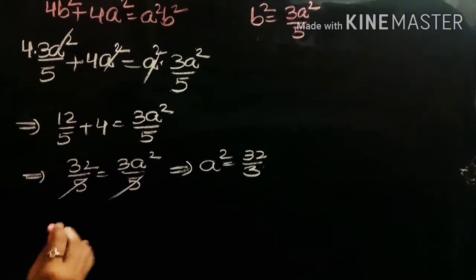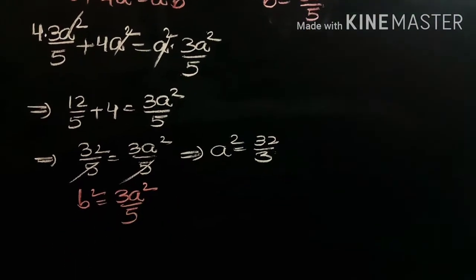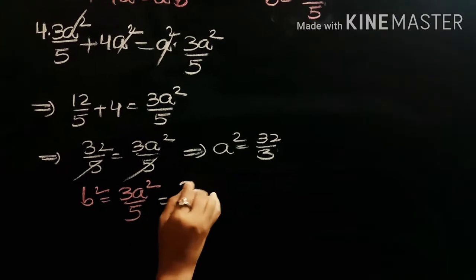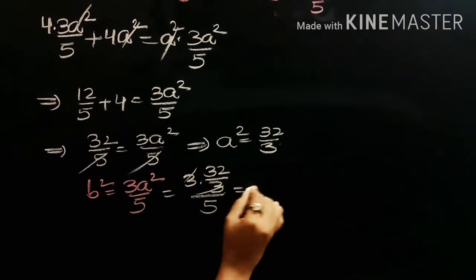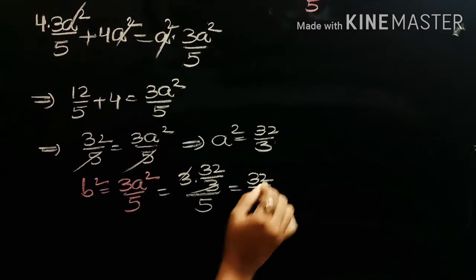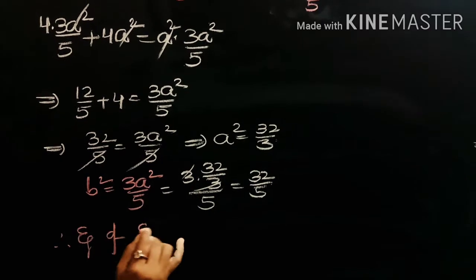So, already we have that b square is equal to 3a square by 5, and this is equal to 3 into the a square value, 32 by 3, by 5, equals 32 by 5. Now we are substituting these two values in the equation of the ellipse. Therefore, the equation of the ellipse is